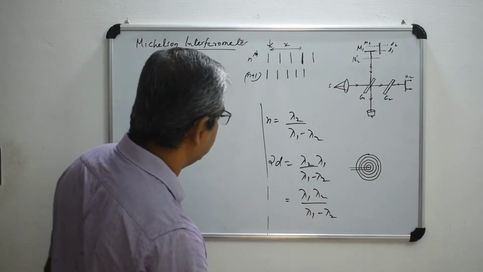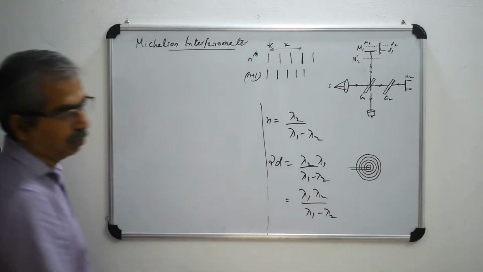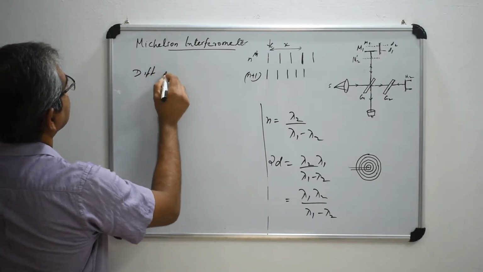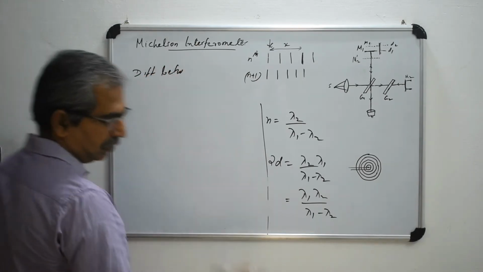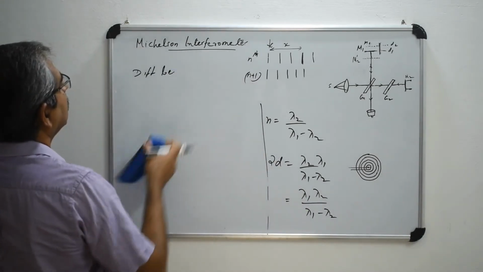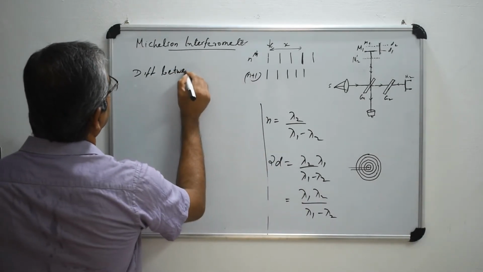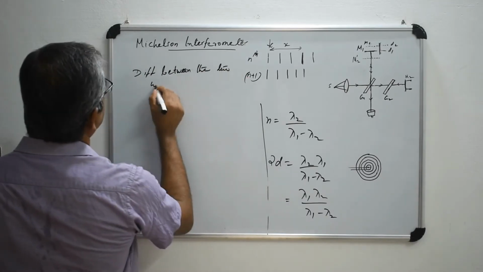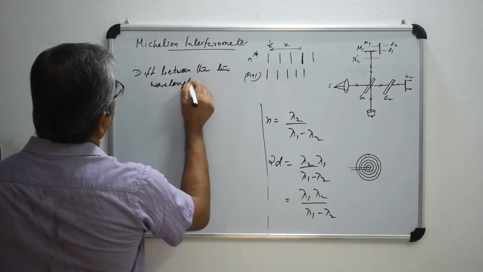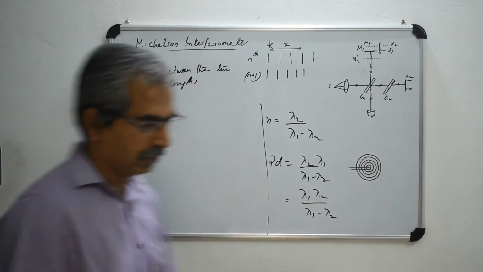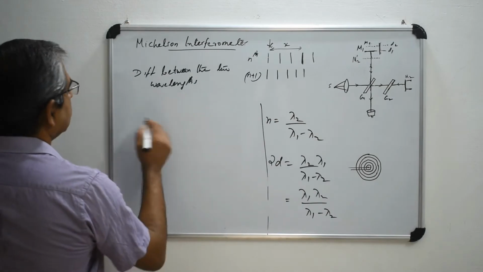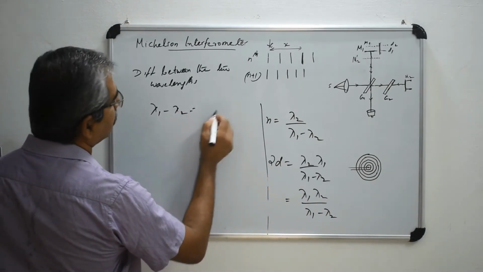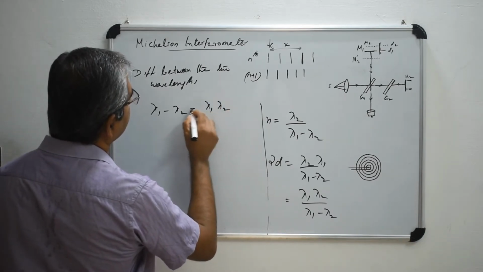See, what you require is the difference between the two wavelengths. That is what we are calculating here. Okay, this is the second application, difference between the two wavelengths. So, we can write from this equation, λ1 − λ2 is equal to λ1λ2